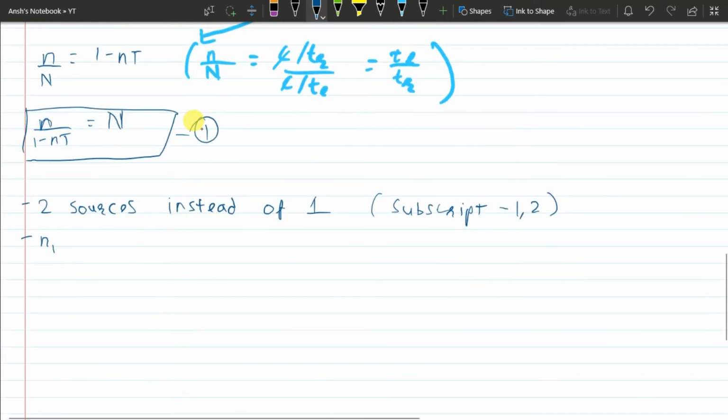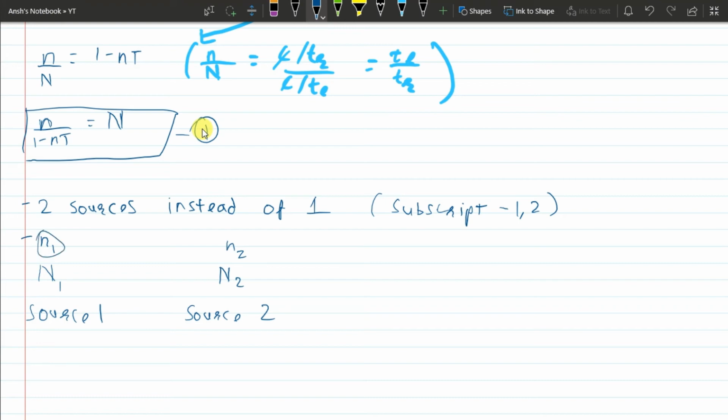So first it measures small n1 for the first source, and then we assume a capital N1, the true counting rate for source 1. This is for source 1. And then similarly for source 2, we have small n2, which is what we measure when our detector is placed near source 2, and we assume capital N2. Note that we don't have to know N1 and N2. It will essentially cut out during the derivation. We measure small n1 and small n2, which is what we actually need.